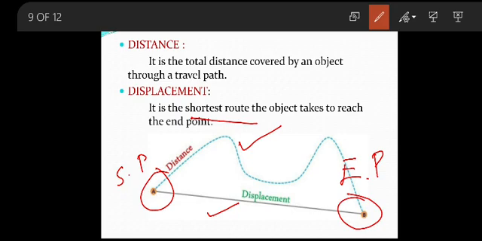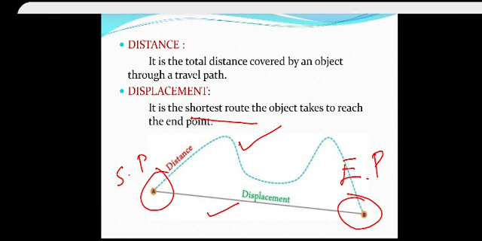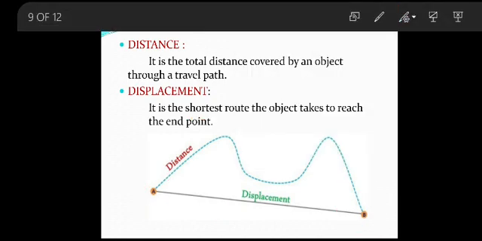You can check on your mobile, if you want to go to any place, you would use your Google Map. The Google Map always gives you the shortest and the best route. Though there are so many other paths to reach the destination, it gives you the best route. The shortest route is your displacement. The other suggested pathways by Google will be your total distance. So this distance and displacement will be used to calculate your speed and velocity.